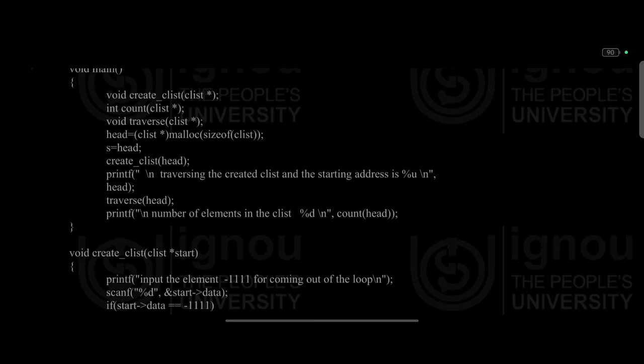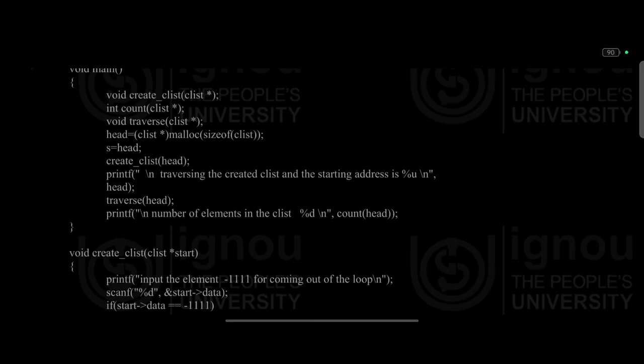head = (clist *)malloc(sizeof(clist)); s = head; create_clist(head); printf("Traversing the created clist and the starting addresses %u"); traverse(head); printf("Number of elements in the clist %d", count(head)); }